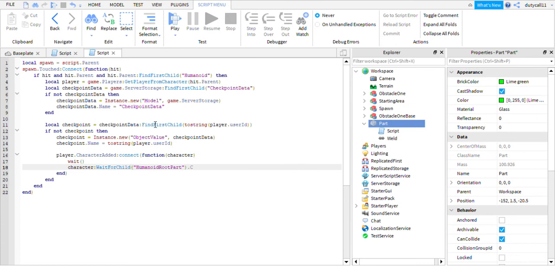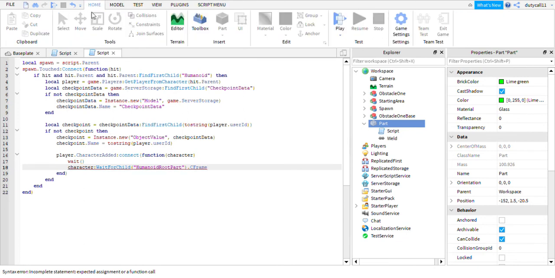So .CFrame. What CFrame basically does is it's like all of the things in the Home tab. It's like scale, rotate, move. So it can set the position of it. It can also set other advanced things I will cover in a later tutorial, like the rotation and the angular velocity. I think it's that. So what I'm going to do is HumanoidRootPart.CFrame, it will be equals to